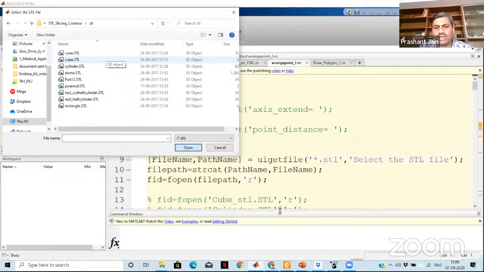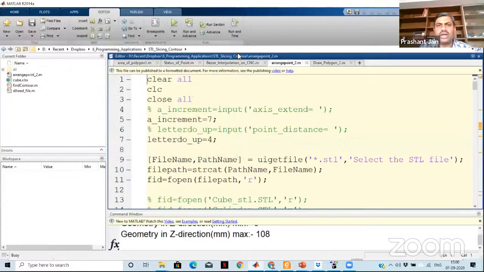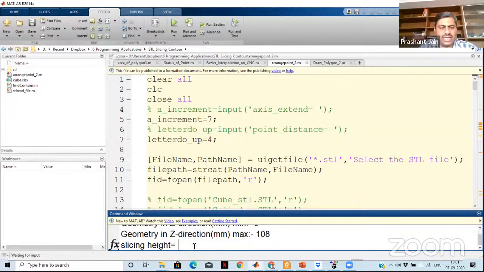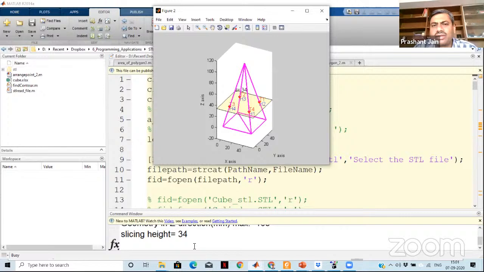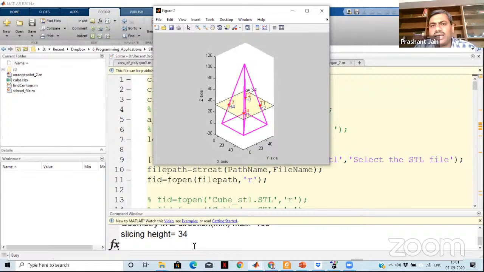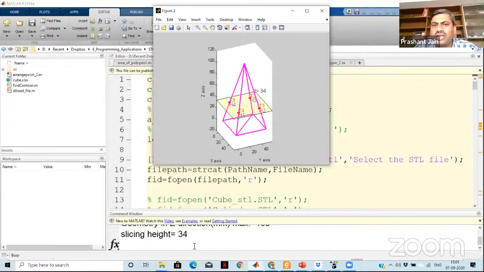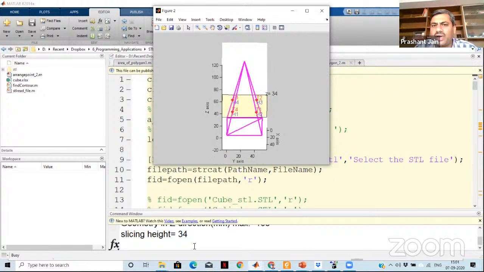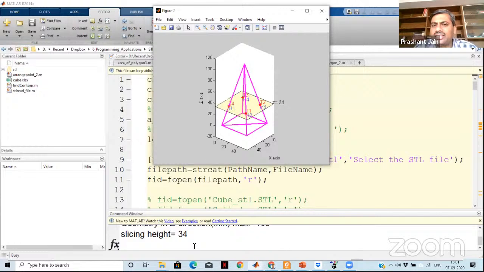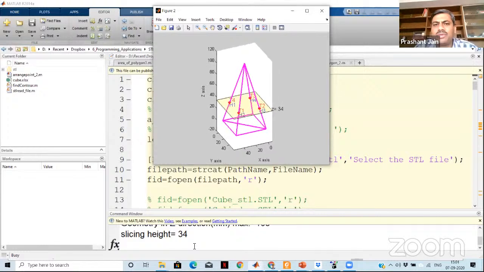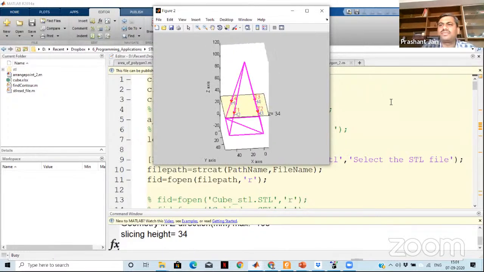It knows what the height is. So let me select the height, say for example 34. Look at this. This would be the geometric model of your STL file, right? This is the cross section you got, right? So you have got the head and tail approach T1, T2, T3, T4 at H1, H2, H3, right? And then the next task is to connect them in a logical sequence. This is a very simple file, so you can look at this.